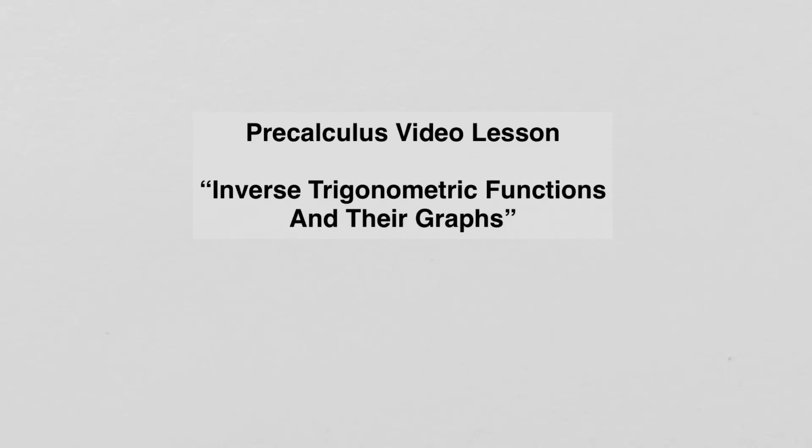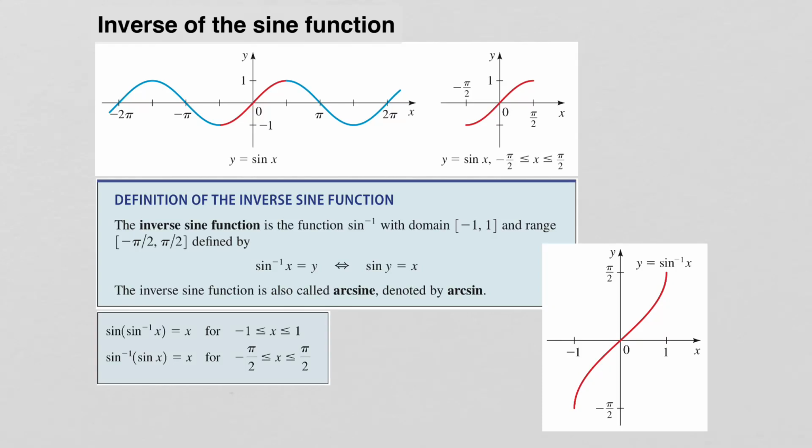Inverse trigonometric functions and their graphs. Recall that in order to have an inverse of any function, a function must first be one-to-one. So if we want to take the inverse of the sine function, for example, the sine function is not a